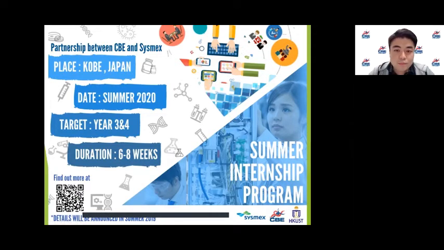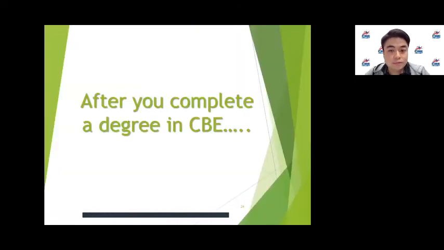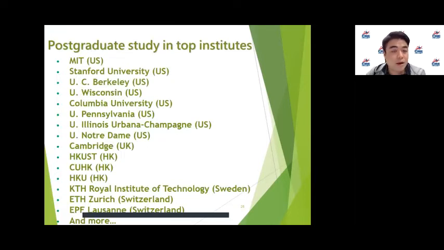By the way, one of the biggest questions students have when selecting a major is what the future career path will be. Well, right. We are the only chemical and biological engineering department in Hong Kong. And this makes us very unique and always number one in Hong Kong. I can see that there is a strong advantage for our students to continue postgraduate study. In fact, our students have been admitted to top universities, including MIT, UC Berkeley, and others. But being the only one, that's kind of tricky.